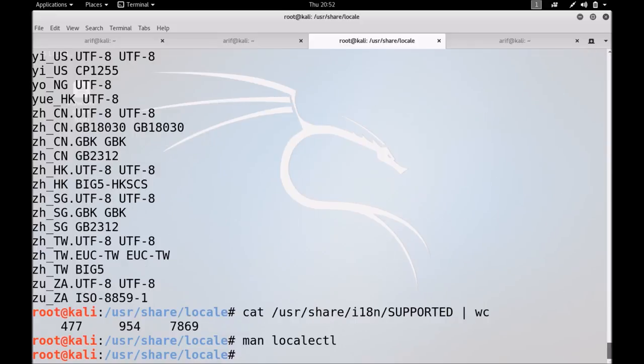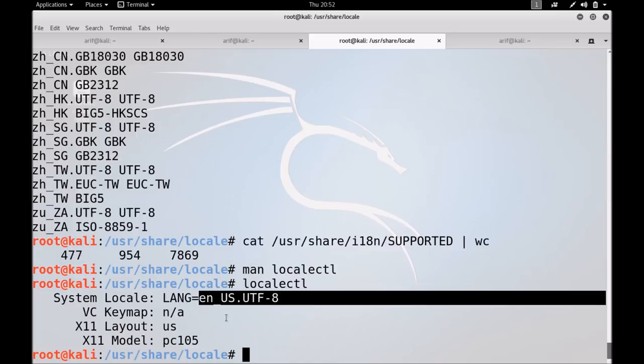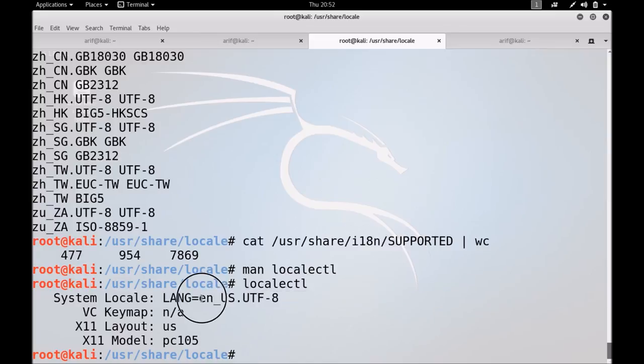Well, gentlemen, if I say locale, this is the current locale in which I am working right now. The first two characters, if you see, are en. This is the language, and it always contains two letters that represent the ISO language code. Then we have an underscore, and after that we have two more letters. These are the ISO country code. And then we have the code set that represents the character encoding set.